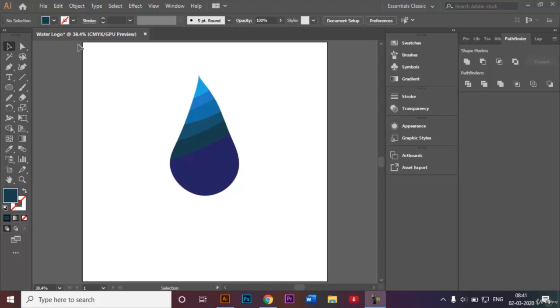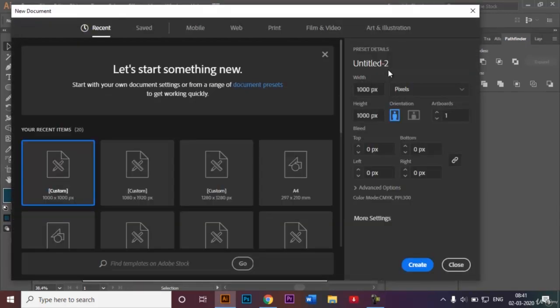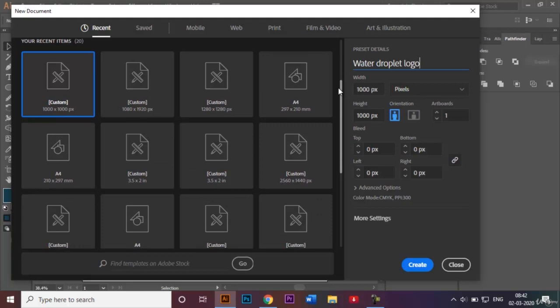a new document. Over here for this tutorial I will be using this custom size document which is 1000 by 1000 pixels, and I will be renaming this document to be water droplet logo. As you can see, Adobe Illustrator provides a huge variety of these custom sized documents which